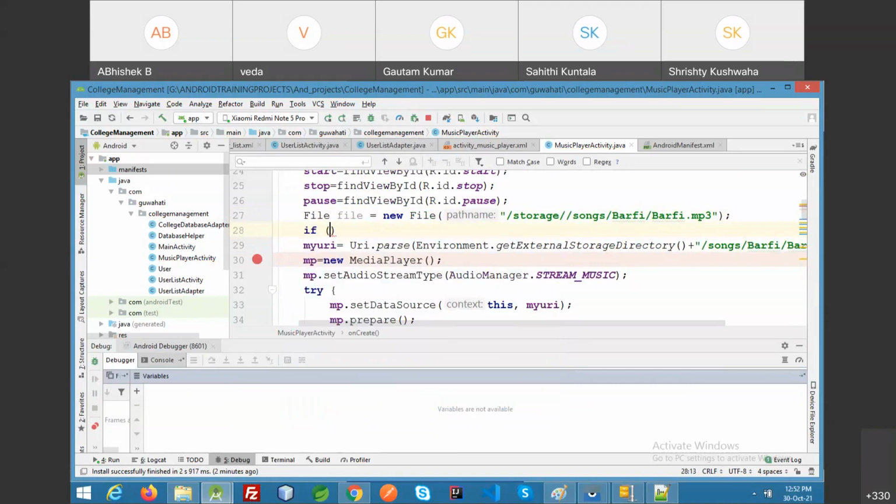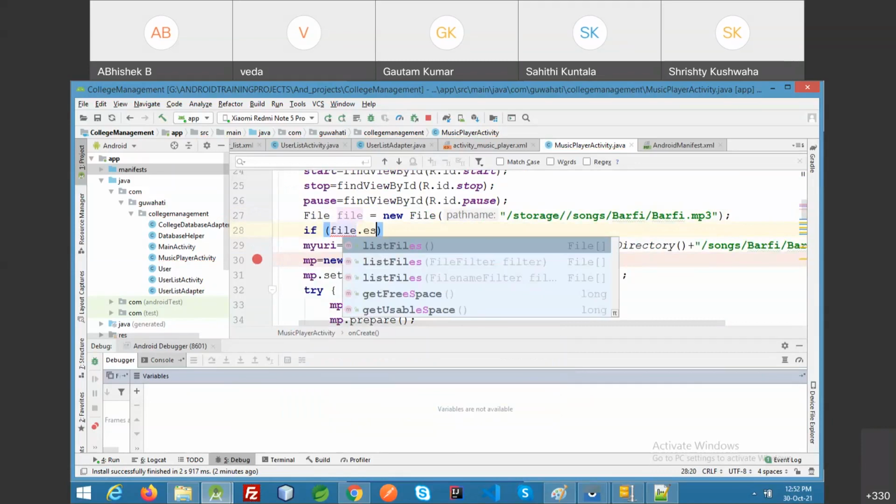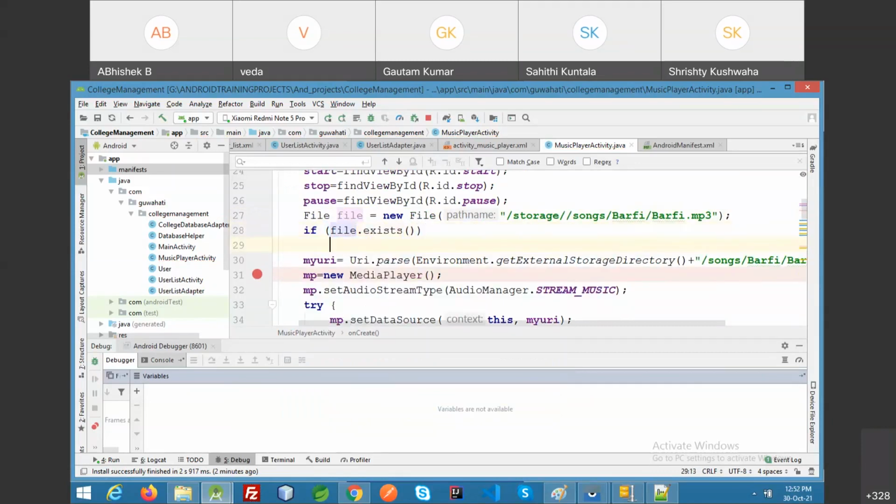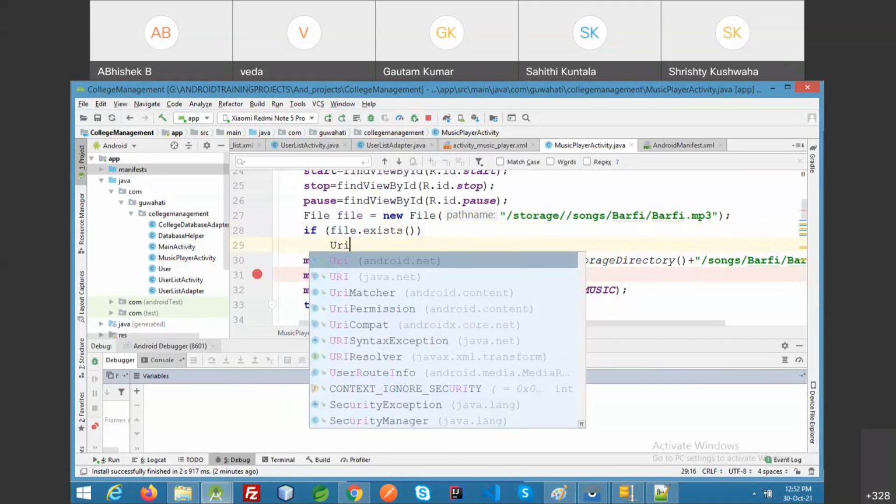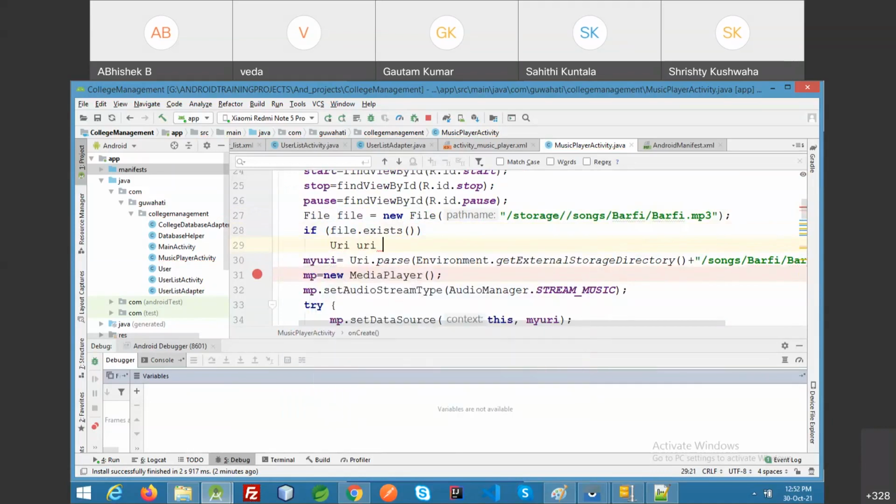Trying if file.exists, then URI equals Uri.fromFile, the file I have provided this. Declaration is not allowed here.